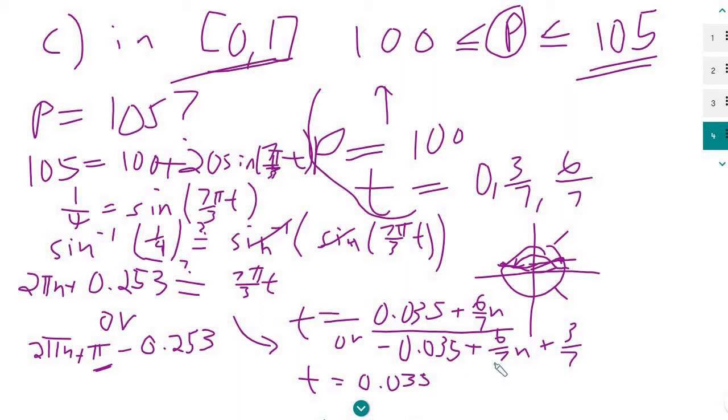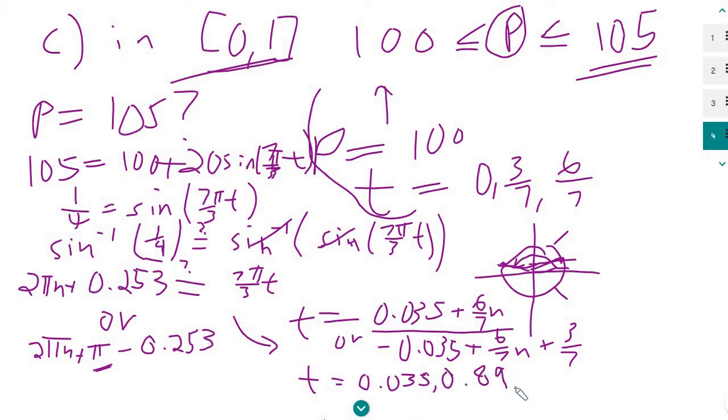No negative n's are going to work. That would give us a negative answer, which is wrong. Okay. What if we do a positive 1, though? I'm going to try plugging this into my calculator to see if it works. So 6 over 7, and then adding that to 0.035. Okay, that actually works too. So I actually got 2 solutions for my first set of possible solutions,